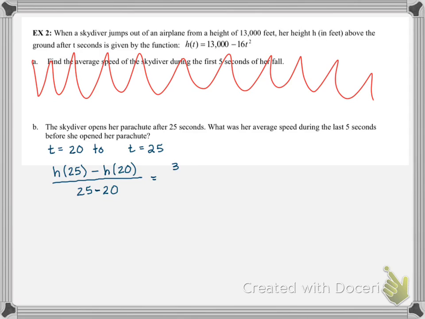We got 3,000 and 6,600. And this is in feet. This is in seconds. So if you use your calculator in that way, which is totally fine with me, make sure you're still writing this part of it. That way if you hit a wrong button or something silly like that, at least I can see that you set it up right. And I know it's just probably a typo. So we end up with negative 720 feet per second,